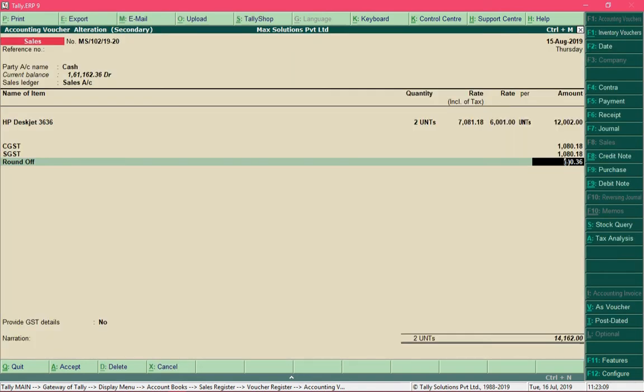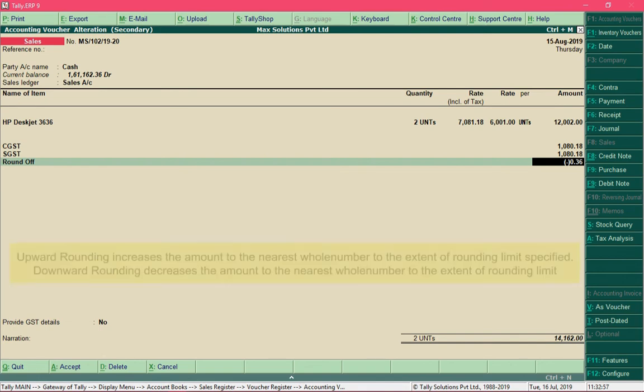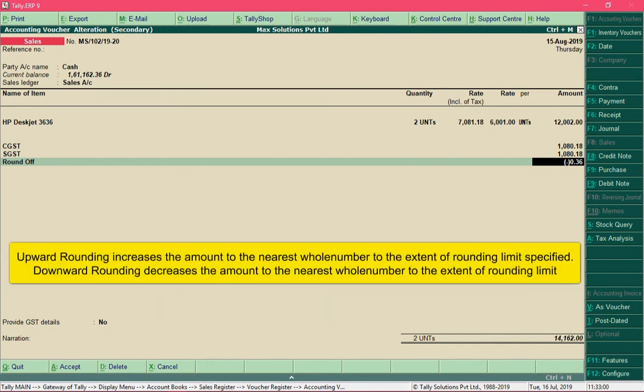So notice that the invoice amount is now changed into a whole number. And what normal rounding does is that it will check for the decimal value in the invoice amount, and if the decimal value is more than 50 paise, then it would round off the amount in upwards direction, and if the decimal value is lower than 50 paise, then it would round off the amount in downwards direction. And if I had specified the rounding method as upward rounding, then no matter what is the decimal value, my invoice amount would always be rounded in upward direction. So in that case my invoice amount would be